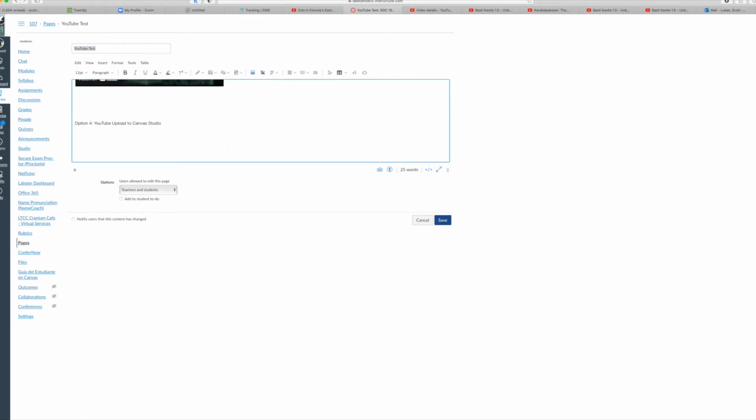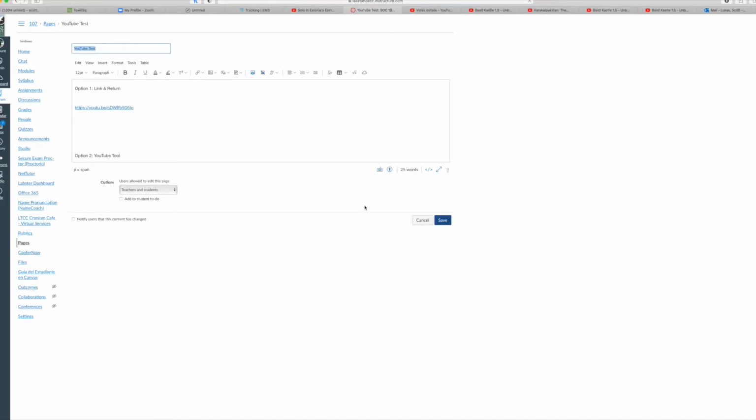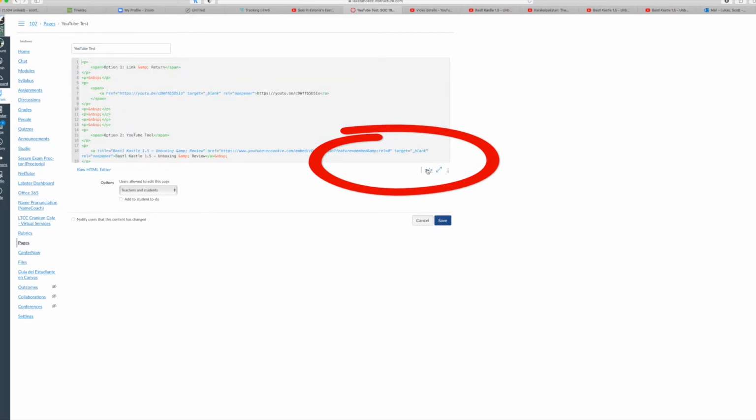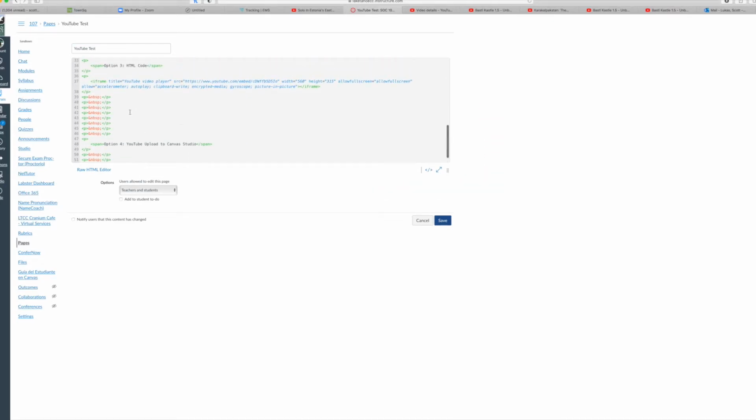And I have enough spaces. I'll just give them a few more spaces. And then I'll go back to my HTML editor. I have to hit edit again because we're in regular view. And then I click here. And we'll go to the bottom. And I think you'll see here I put in all those spaces. So we'll put our new code in that has the player option off, and let's hit save, and let's just